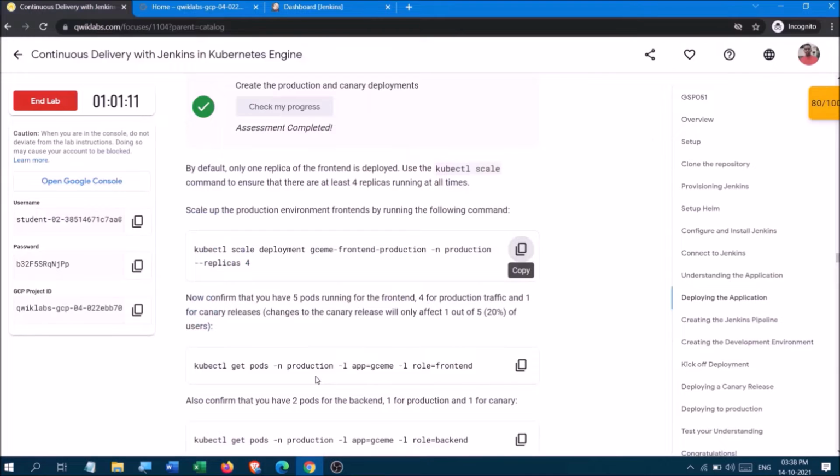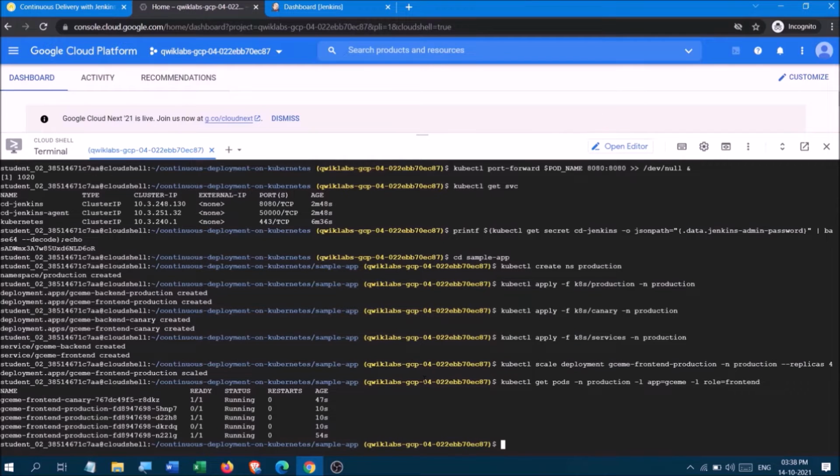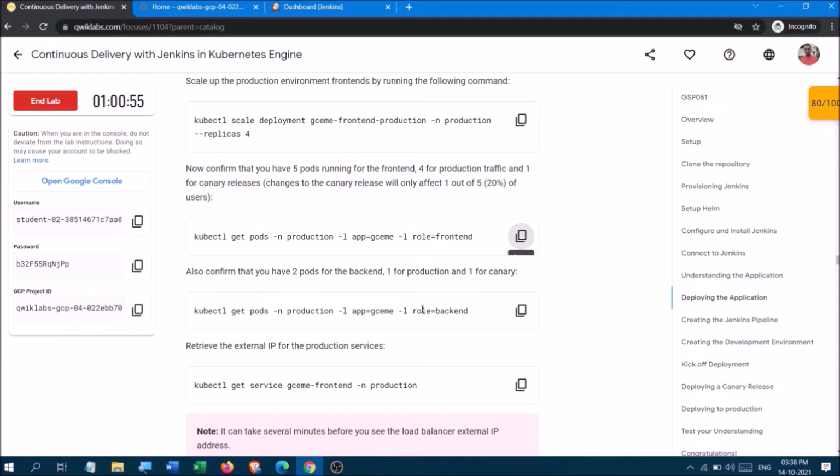Yes, it is scaled. Yes, according to this, we have created 5 pods, and 4 are for the production traffic and 1 is for the canary release.